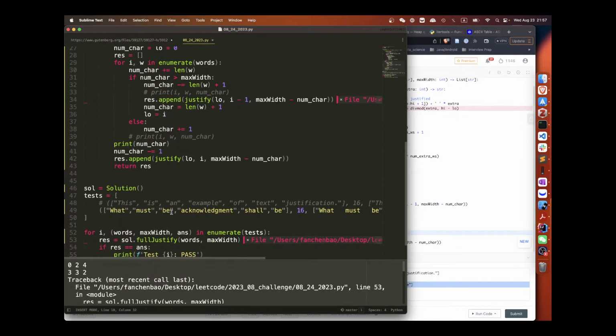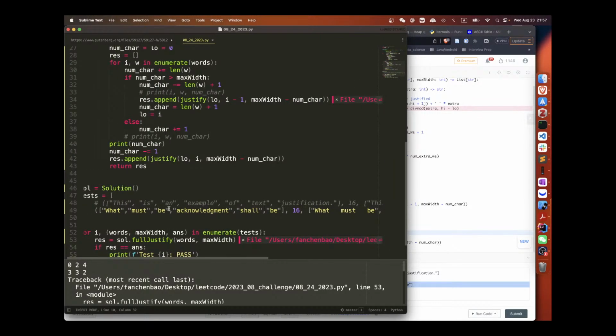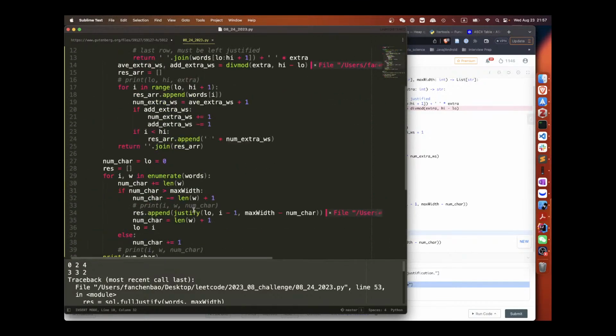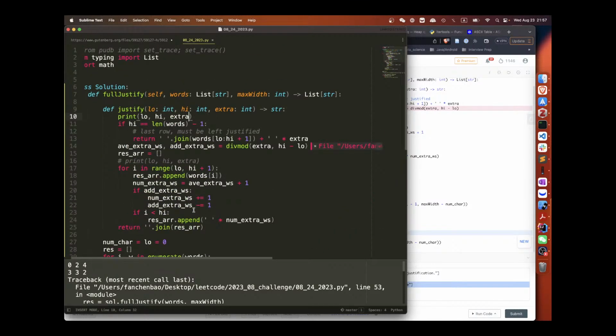What must be? 3, 3. Oh, that's interesting. 3 to 3 is just by itself, which means we have a 0. Average, there's no average extra white space.